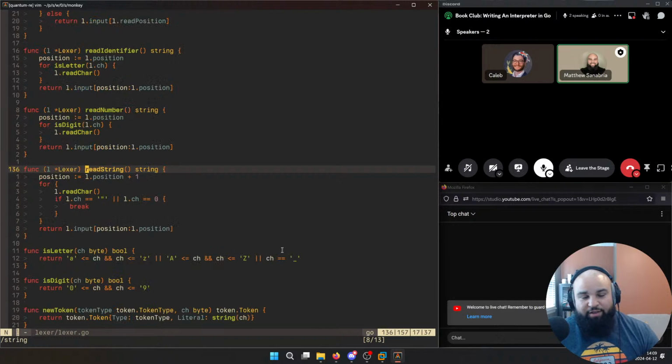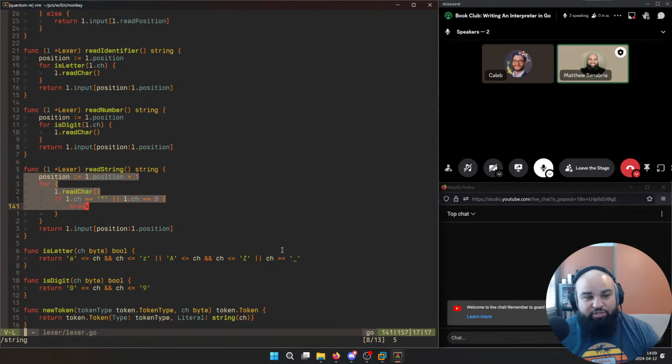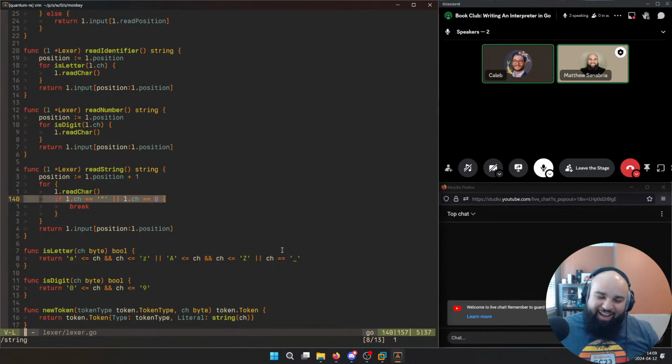Read string is not as fancy as you might think. You literally just walk the characters until you find another double quote or the end of file, and then you save that as a string token. Ta-da. I thought that was such a simple and elegant solution. That's not what I was expecting. Me too. I thought it was going to be so much more difficult to iterate through and figure out when to not tokenize it all together.